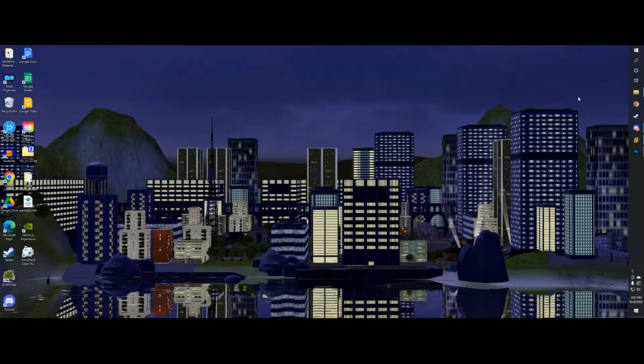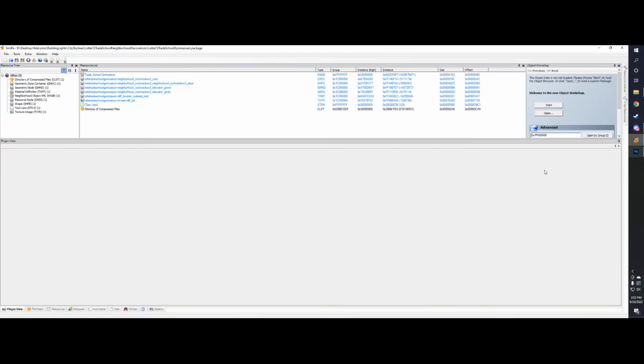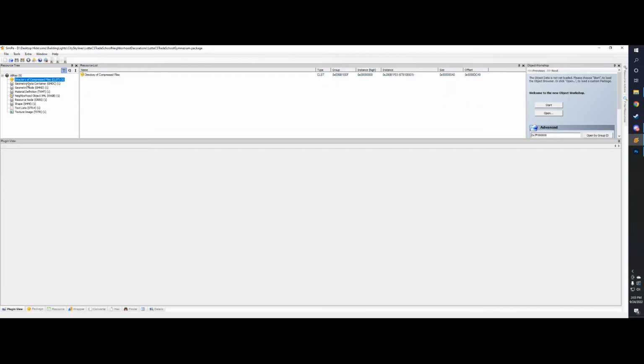So I'm going to quit that and open my SimPe. I have already opened the Lot City Skylines Trade School Gymnasium. That's not one I've done yet. When you open it, here are your SimPe options over here. What we're going to do first is make a night state of